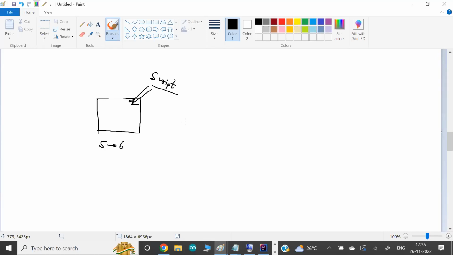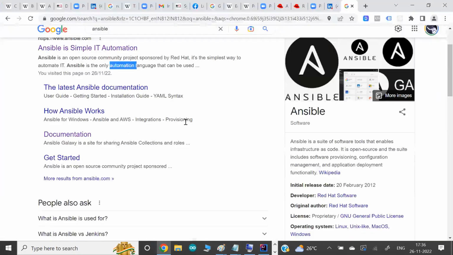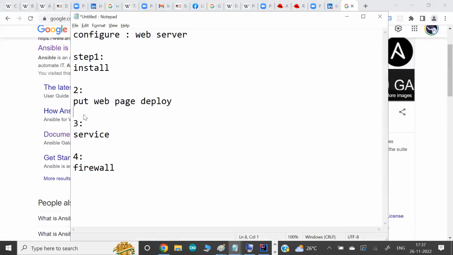For example, if you want to create a file, there's one command in Linux called the touch command. With the touch command, we can create, let's say, a web.html page. So this is one command in Linux to create a file. Or to install software in Red Hat, for example, we have a command called yum install.